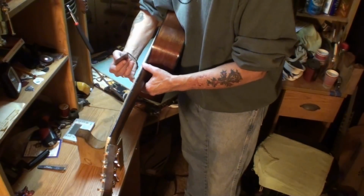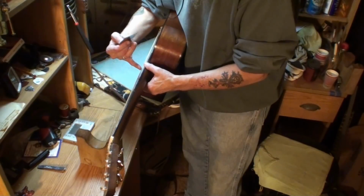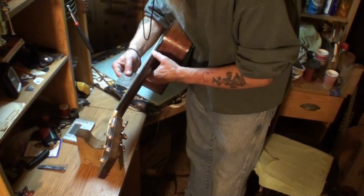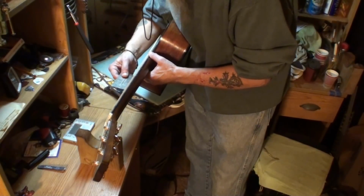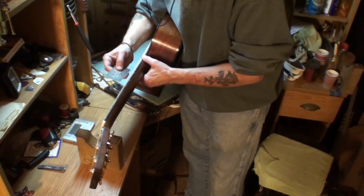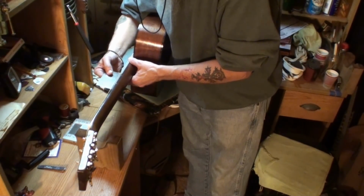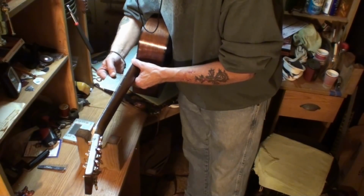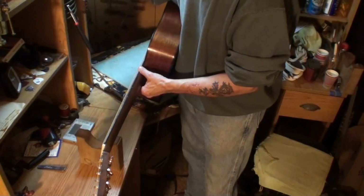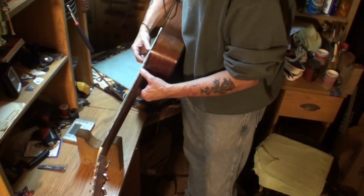10/64 on the high E string at the 12th fret, and 10/64 and 11/64 on the low E. Let's check it at the 10th fret just for kicks. It's 8/64 at the 10th fret on the high E, and 8 9/64 at the 10th fret on the low E. Wow, she's high, man. But that's all you can do. If you don't reset the neck and get it at the right angle, it's just...